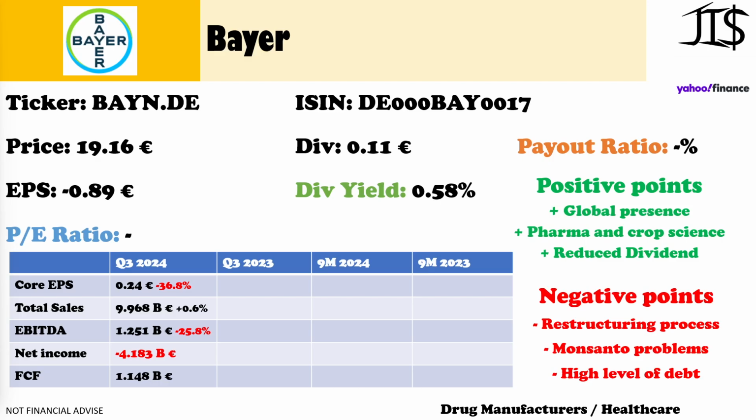After the second quarter, the total sales is 9.968 billion euros, so that is up 0.6%. The EBITDA went down with more than 25% to 1.251 billion euros. The net income was very negative with minus 4.183 billion euros, but that because they took